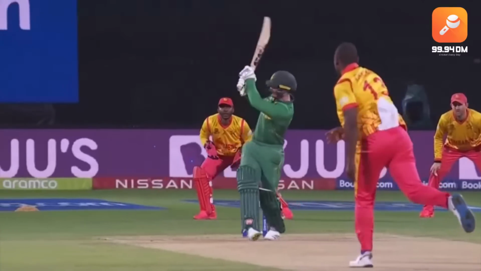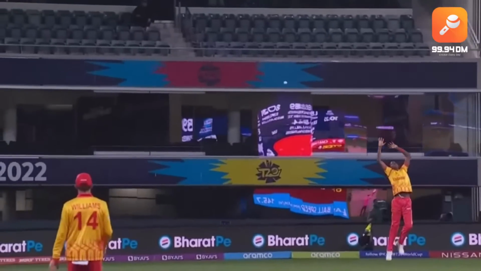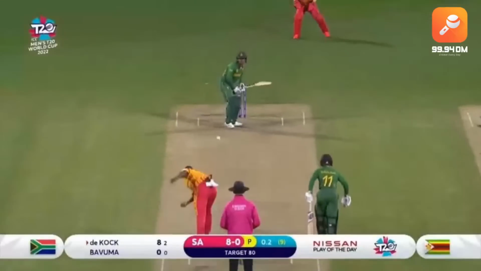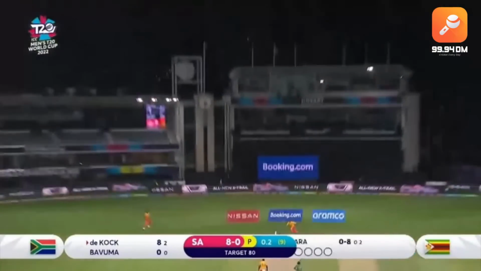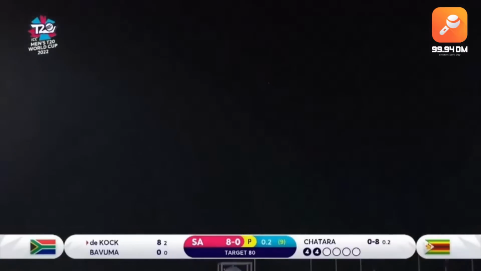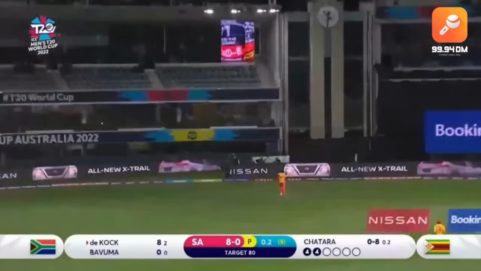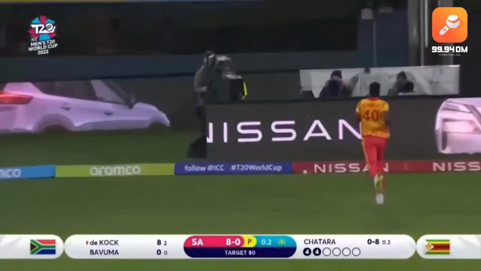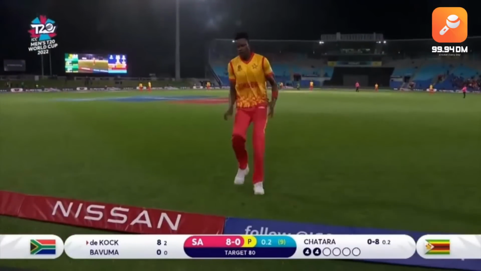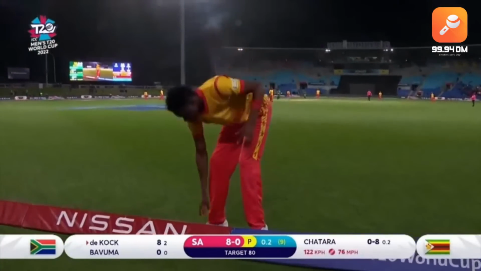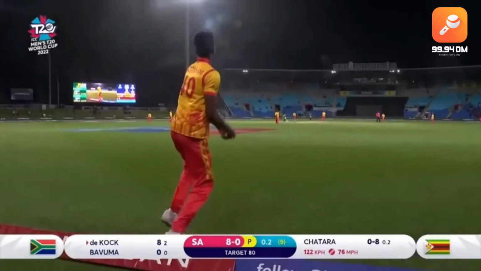This game probably shouldn't have gone ahead. No World Cup match should be played in conditions this wet. The South African bowlers could barely grip the ball in the second part of their effort. It had continued to rain, and quite heavily at this point, and the Zimbabweans could barely stand up on parts of the field. QDK, for everything that he could do, hit the ball as hard as he could, hoping he could beat the rain.